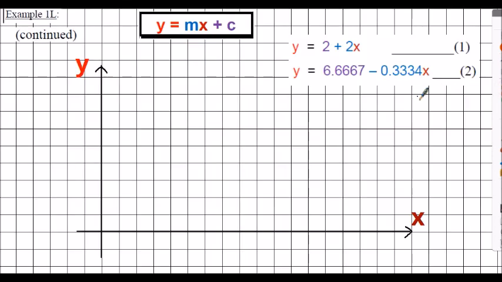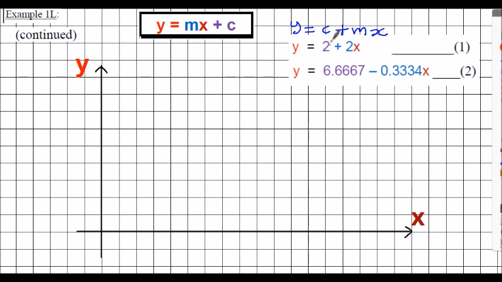Just a brief overview of how to sketch the equations given and so determine the range of x over which to plot the graphs. Given equation 1 here, don't forget we said that was in the form of y is equal to c plus mx in this case. It's still the equation of a straight line, but it's not written in the conventional form of y equals mx plus c. So from our previous presentation, we know the m relates to the gradient